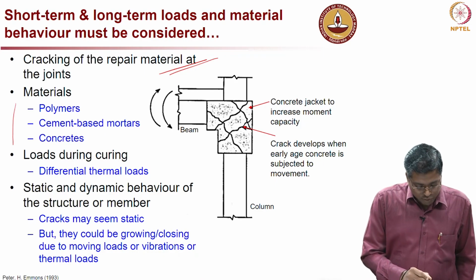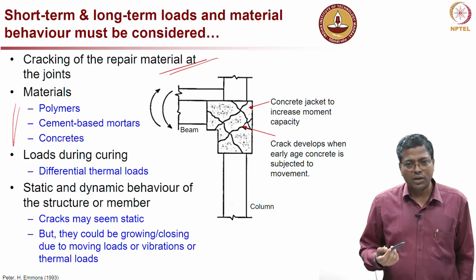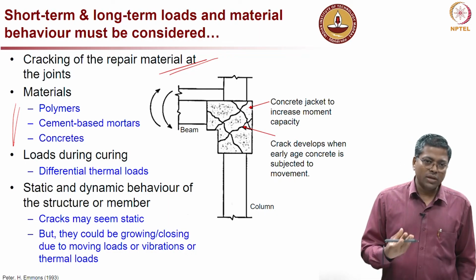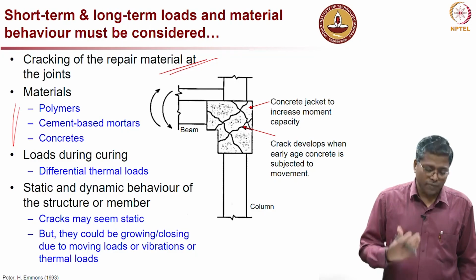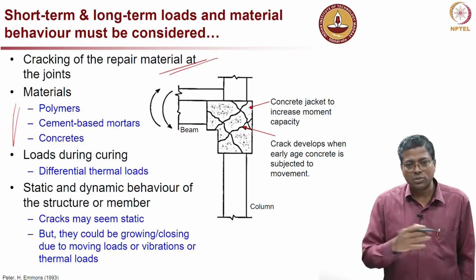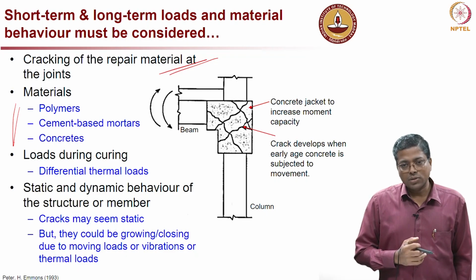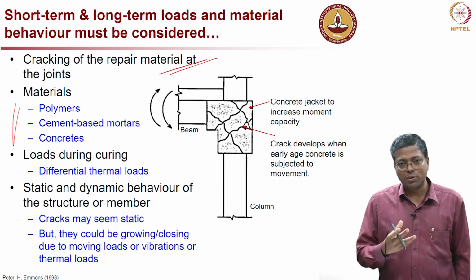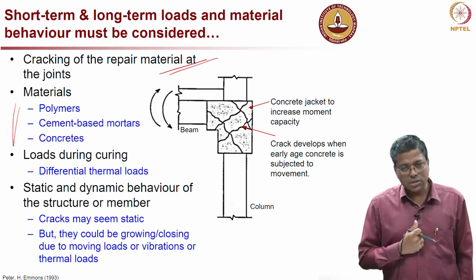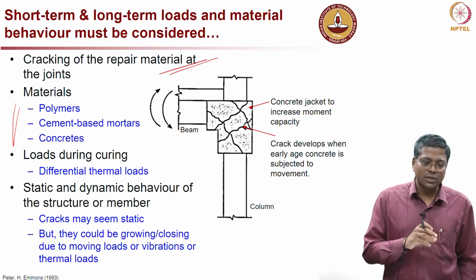Now, different types of materials are used: polymers, cement based mortar, concrete. So, you have to see which type of material is good, considering finance also, which type of material is economically feasible and technically feasible, and then use such materials. It is not necessary that you always have to use something which is available in the market, something which is widely used. Sometimes you will see that in many places people use material unnecessarily and waste money also. So, judicious decisions have to be made, so that you can optimize both the technical aspects and at the same time the economic aspects.